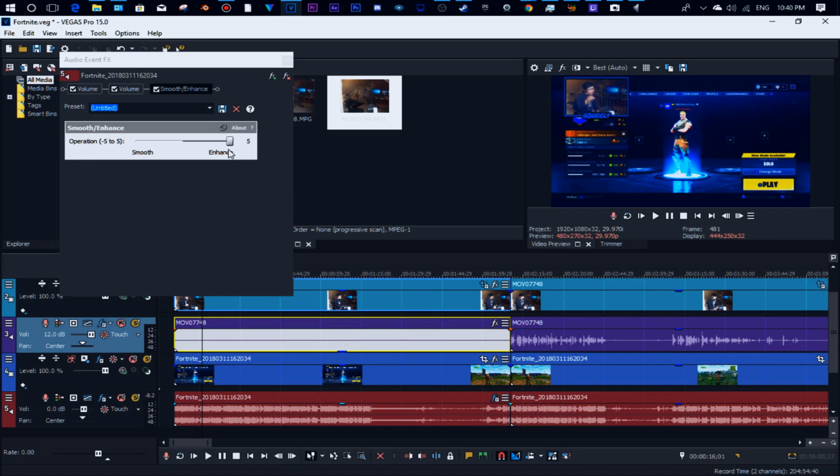Now for me, I don't really see anything in enhancement, but smooth, if you put smooth to at least, I would say -3, watch. What smooth does, it gets rid of all the background noises, or at least it tries to, and it makes your voice less choppy. But if you put it onto at least like more, the full -5, watch, listen